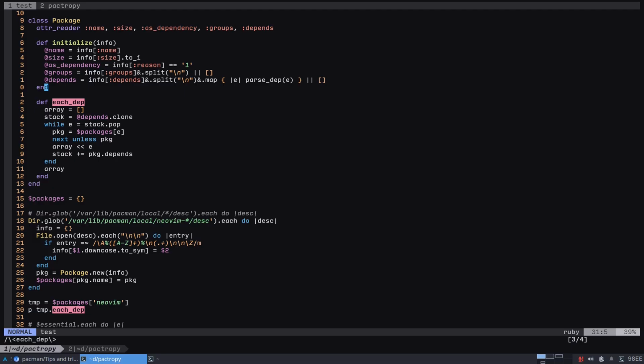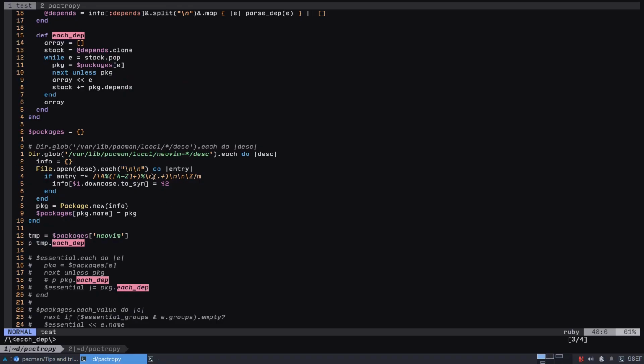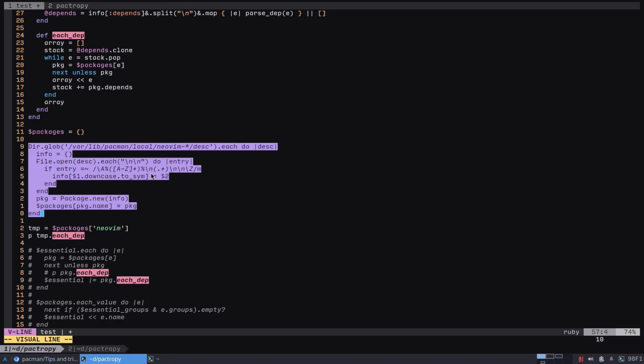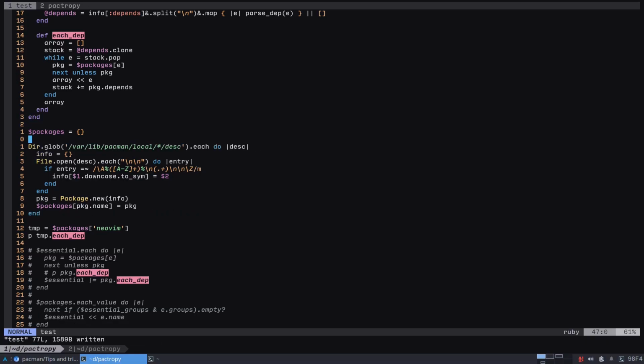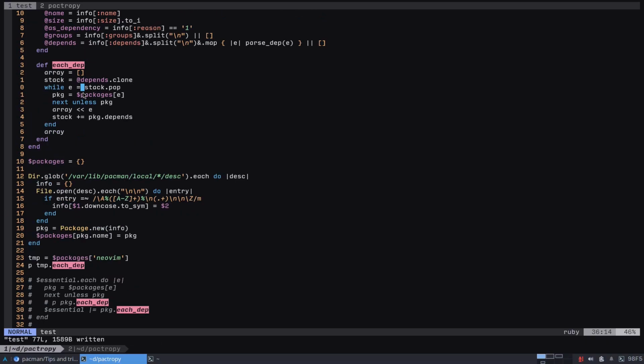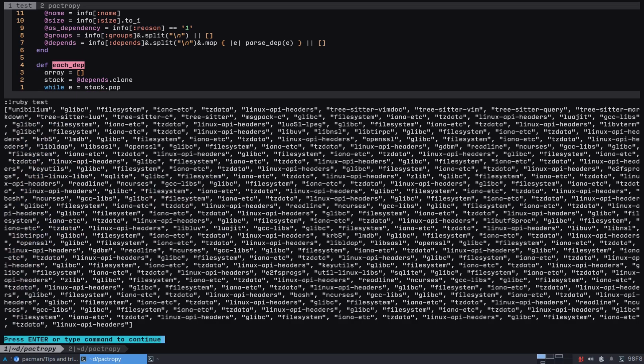Oh, but yeah, we need to parse all of the packages, otherwise we don't get the dependencies. Like this is gonna be nil every time. All right, this works, but